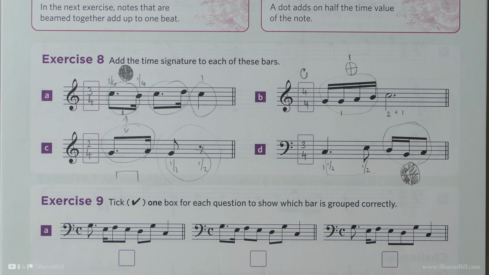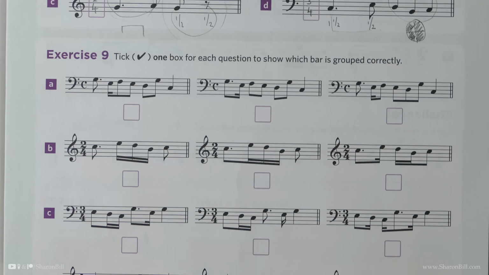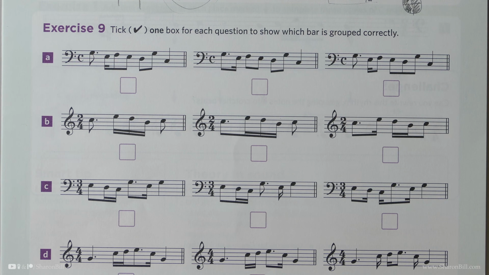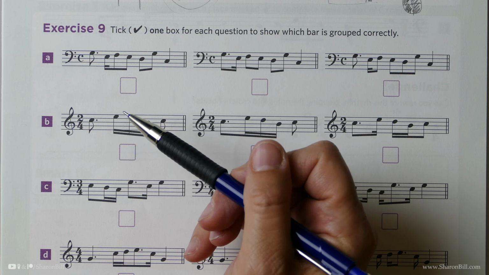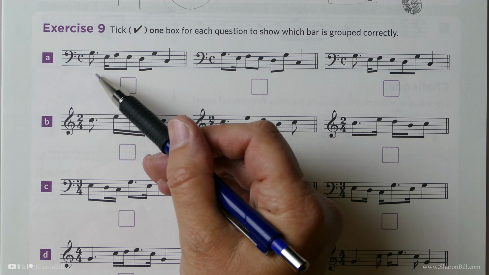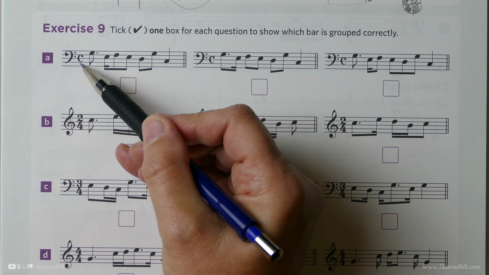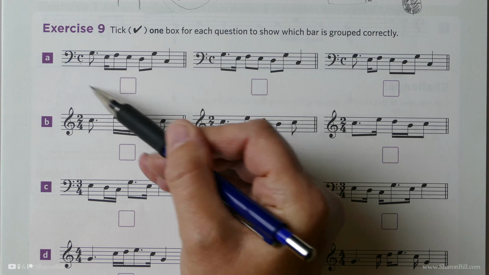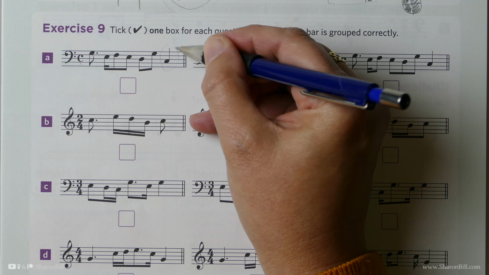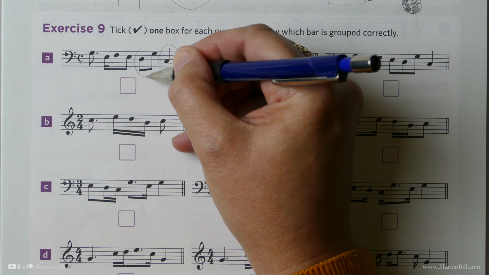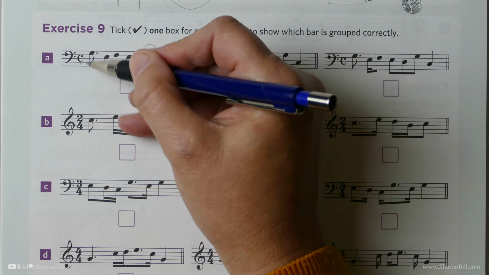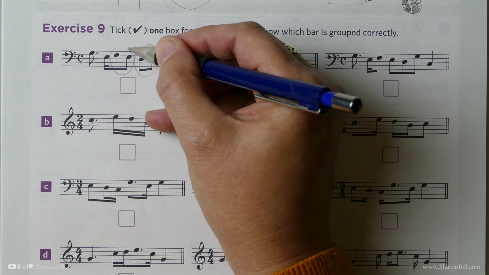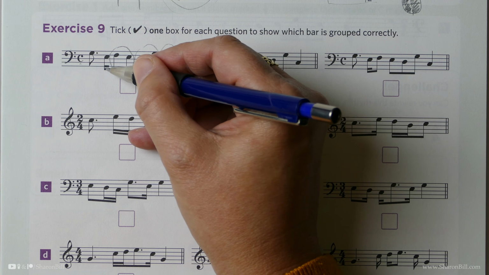And if we move down to exercise 9, we've got to choose which is the correct grouping. And when we see those that are incorrectly grouped, it shows how tricky it is to actually read. It would just be so hard to play this example here. We're looking for 4 crotchet beats, but they're very, very hard to find, especially in this first half of the bar. We can see there's a beat, the last beat, there's 1 beat, there's 1 beat, and then it gets very confused here. 2 halves make a whole, that's a beat, but it's actually got this extra thing added on,